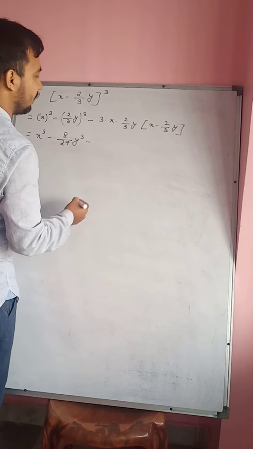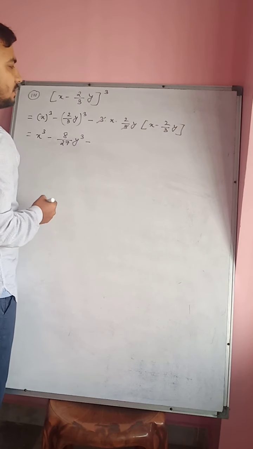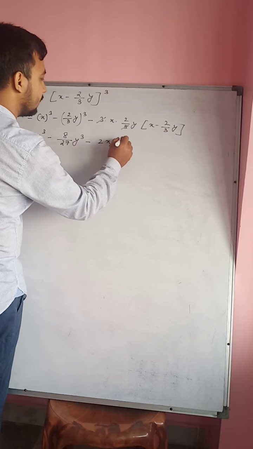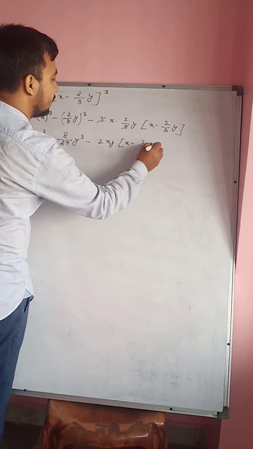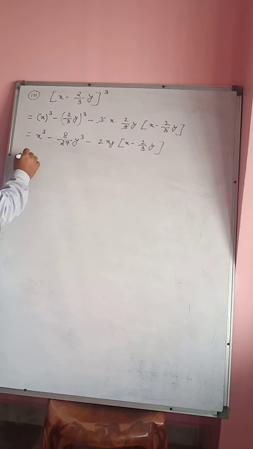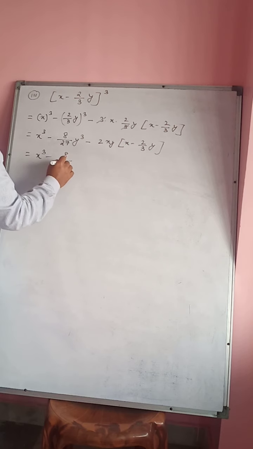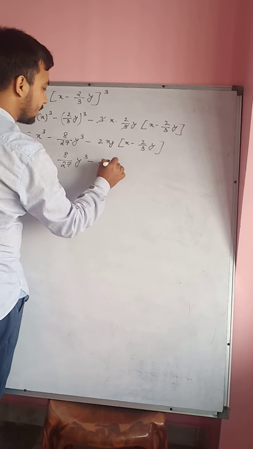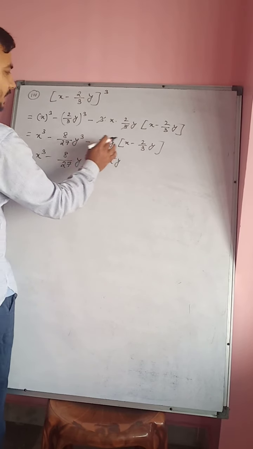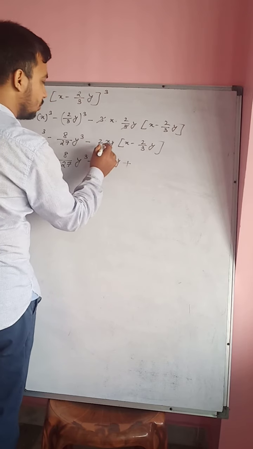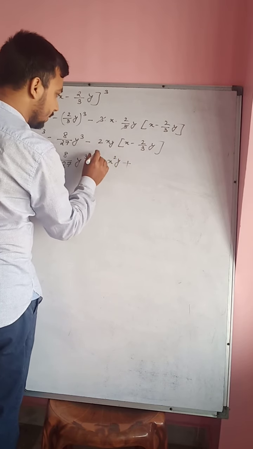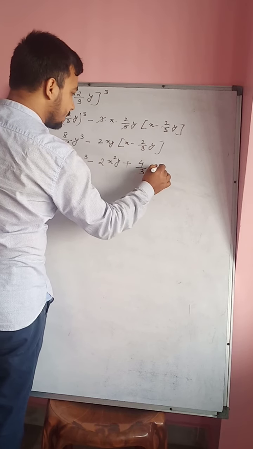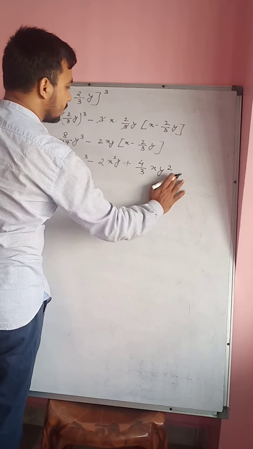So here we can simplify like this, 3 and 3 will get cancelled. So this will be 2x into y, xy, (x minus 2 by 3y). Okay, so this will be x cube minus 8 by 27 y cube minus 2x into x square y minus minus plus, you can multiply 2 because there is numerator 1, denominator 1. So 2 2s are 4 by 3 x y square. So this is the answer.